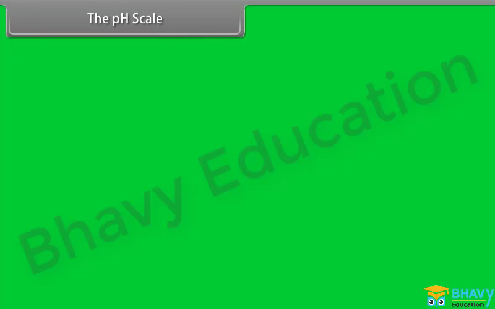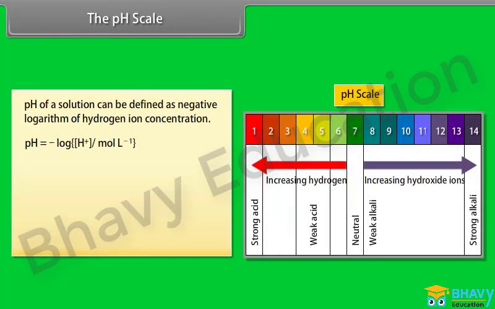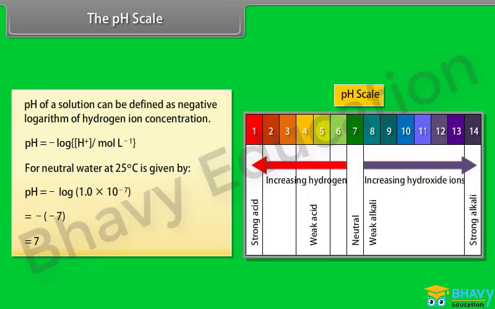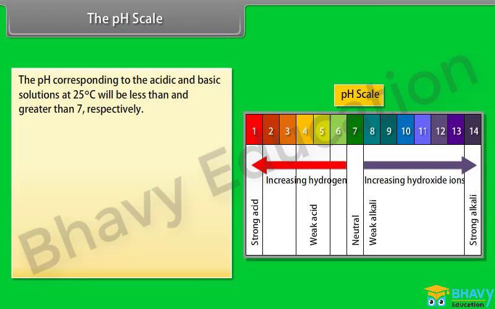The pH scale. pH of a solution can be defined as the negative logarithm of hydrogen ion concentration. For neutral water at 25 degrees Celsius, pH is equal to minus log of 1.0 into 10 raised to the power minus 7, which is equal to 7. The pH corresponding to the acidic and basic solution at 25 degrees Celsius will be less than and greater than